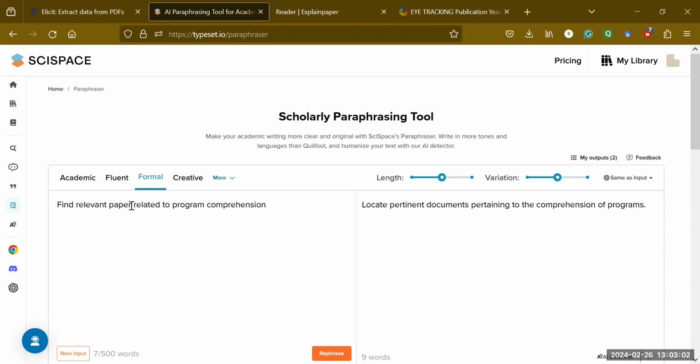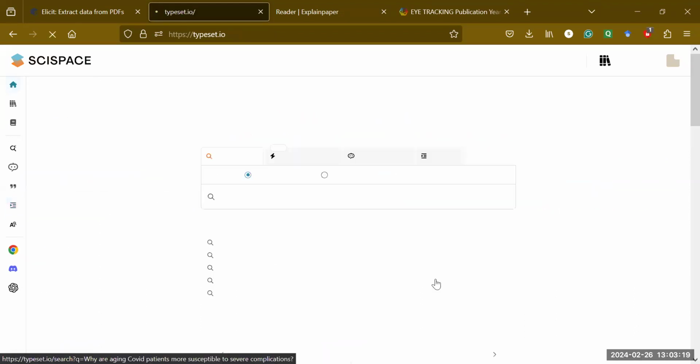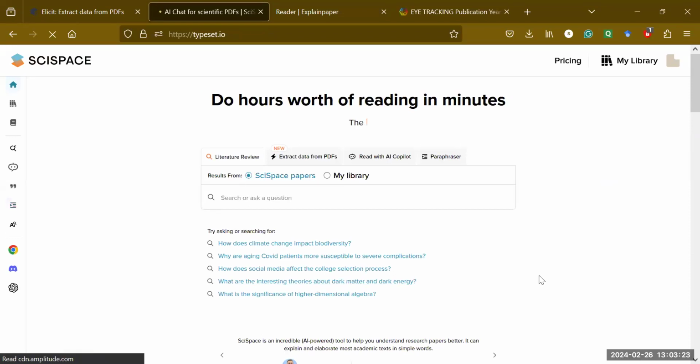The input given was, find relevant paper related to program comprehension, which has been transformed to locate pertinent documents pertaining to the comprehension of programs. So this way you can also change the line which you are actually using with the help of this tool, that is the SCI space. So that actually makes much easier the process of this whole literature survey,